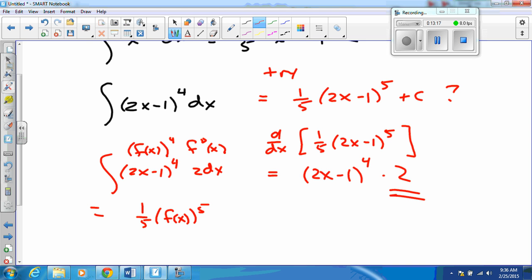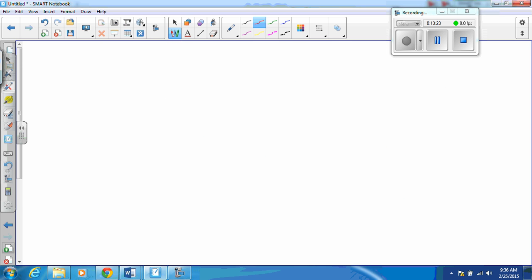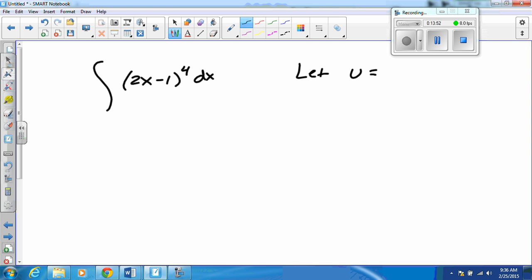What substitution does for us is it handles that case. It allows us to use the chain rule. Substitution is the integral version of the chain rule. And here's how the process works. Suppose I'm confronted with some integral, and I recognize that it's in a form that is close to what I'm used to. It is like u to the 4th, except it's not exactly u to the 4th. So I'm going to perform a substitution. I'm going to say, let u equal, and now I'm going to identify an inside function that would make sense for u to equal, and that would be 2x minus 1.